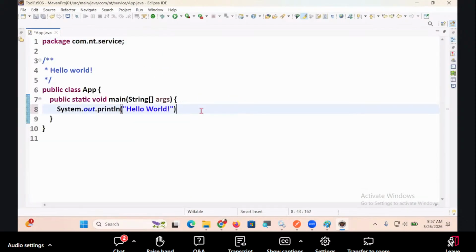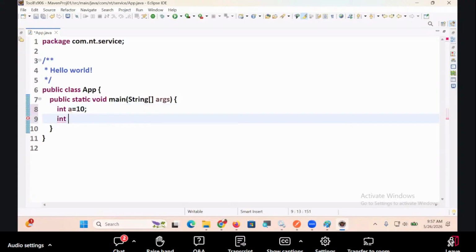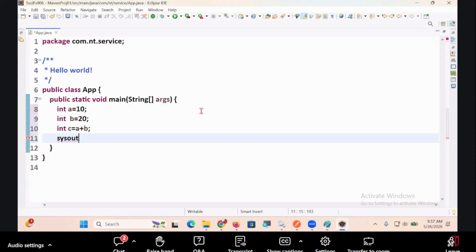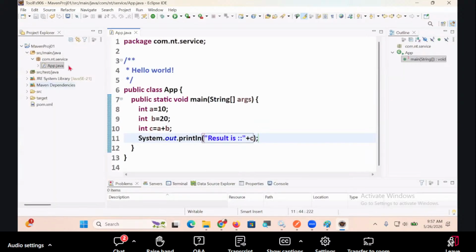Here any code I can write, guys. int a = 10; int b = 20; int c = a + b; System.out.println("Result is " + c);